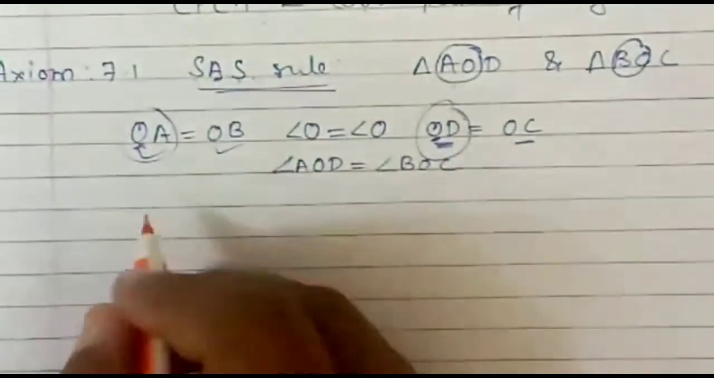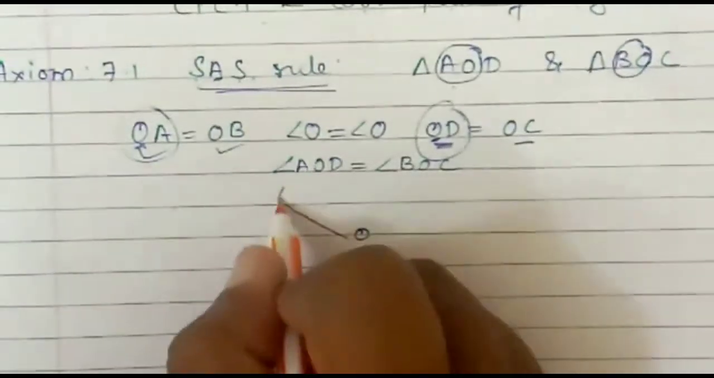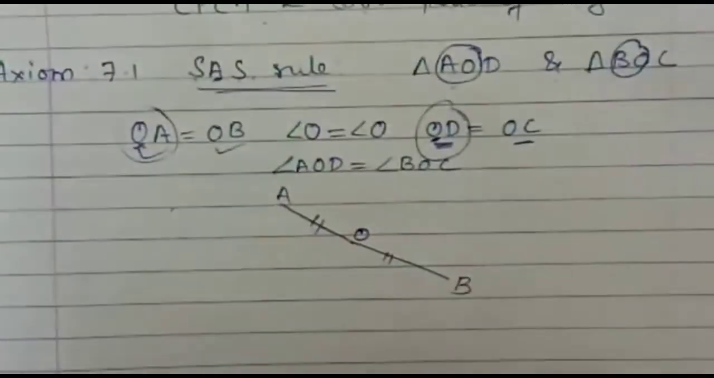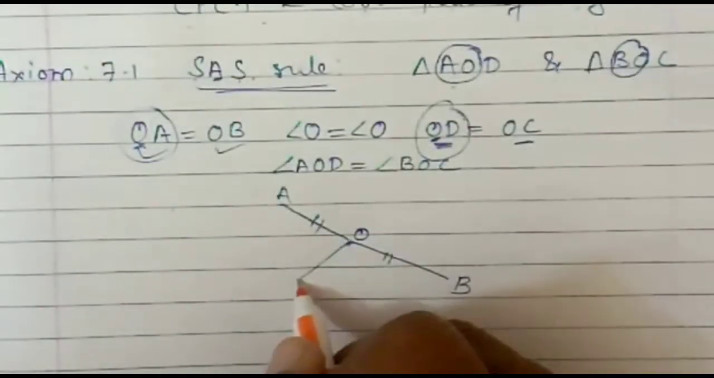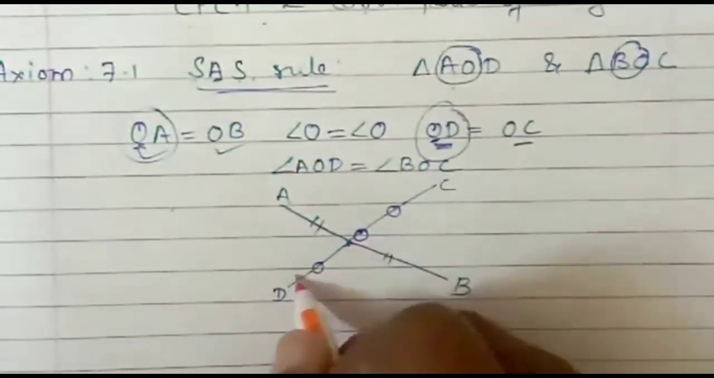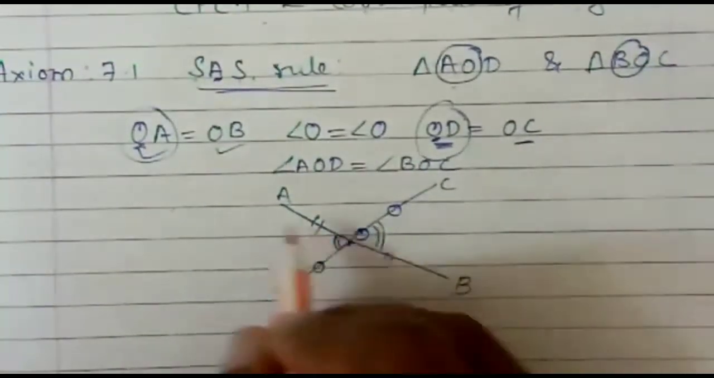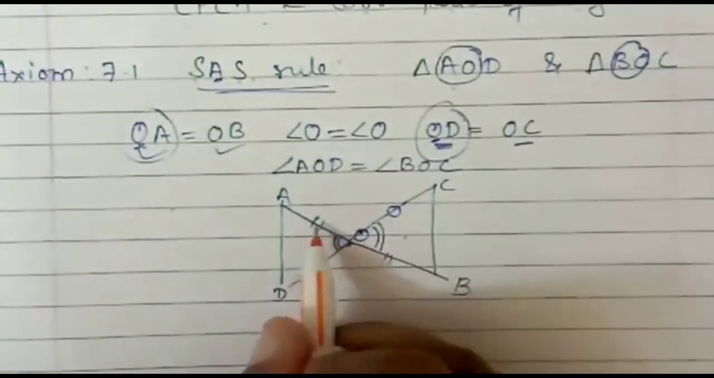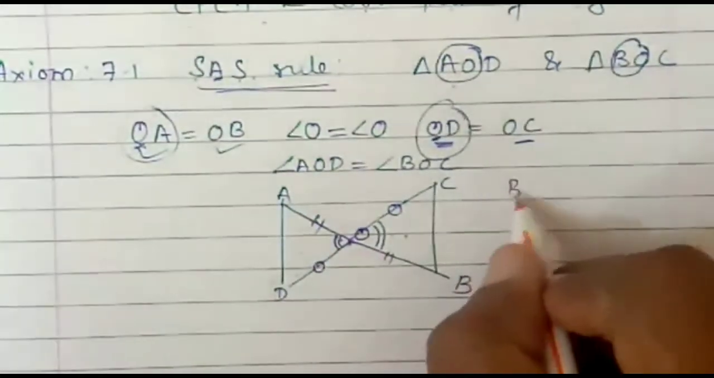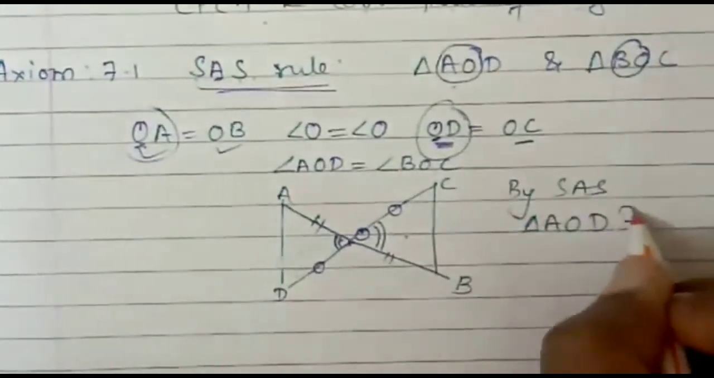Now let us try to draw this figure so you'll understand. So first of all, OA is equal to OB. So OA and OB are equal. Similarly, OD is equal to OC, right? So these two sides are also equal. Even angle AOD is equal to angle COB or BOC. So we have two triangles in which two sides and the included angle are equal in measure. And so by the SAS rule we can say triangle AOD is congruent to